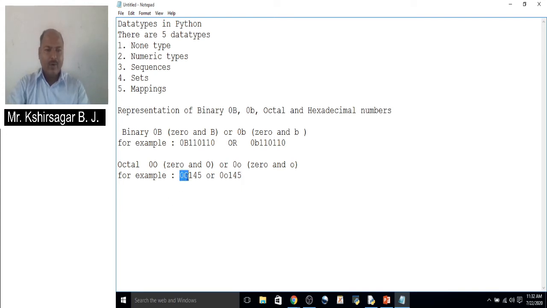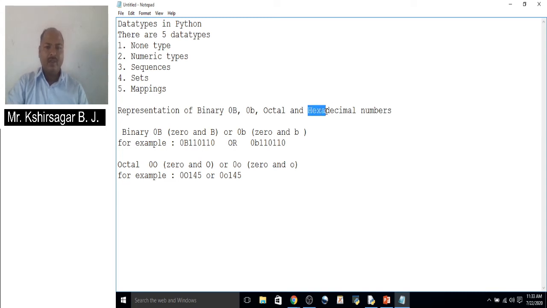So here Python considers that the 145 written is an octal number. Here 110 is considered as a binary number because it is prefixed with 0b, and here an octal number should be prefixed with 0, capital or small o.